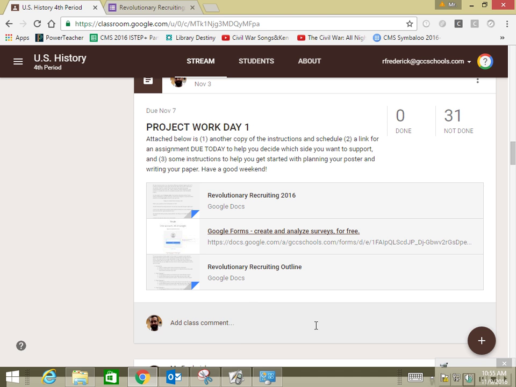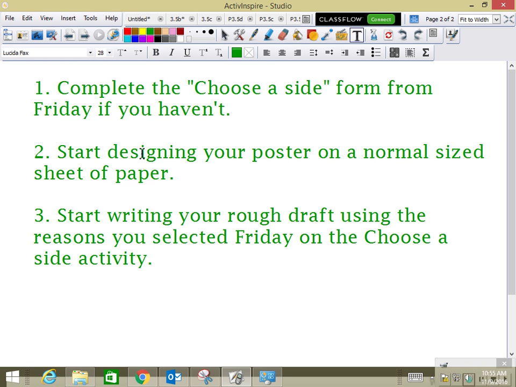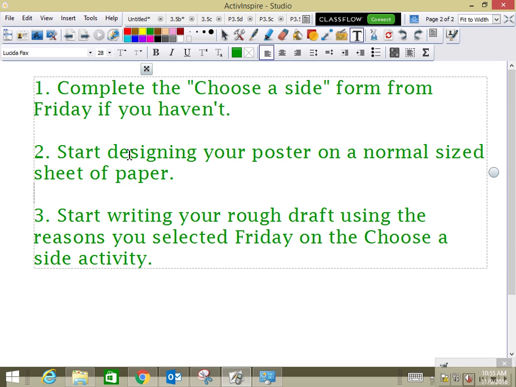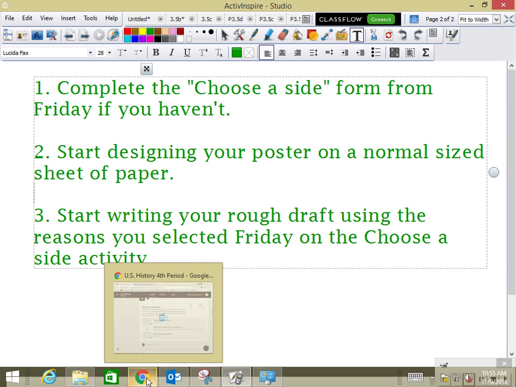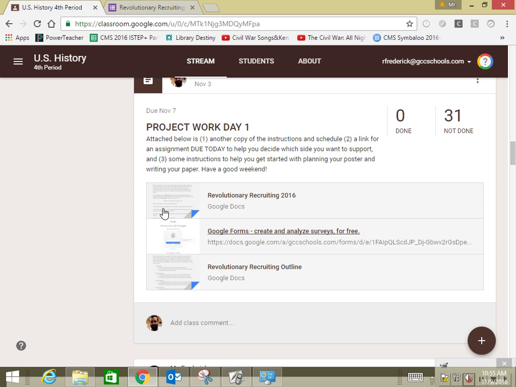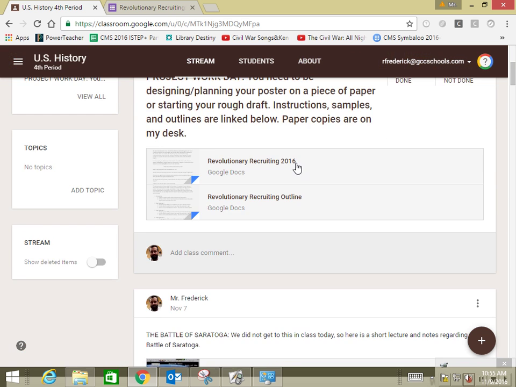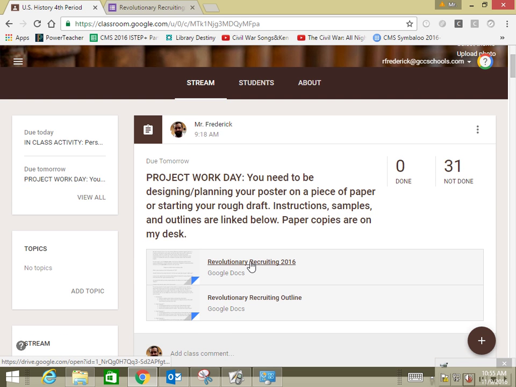Now, assuming you are done with that, you can start designing your poster, or well, let's just talk about that first. You can start designing your poster on a normal size sheet of paper. You can find instructions for designing your poster in 2 places. On today's Project Workday assignment, you can open the instructions here,